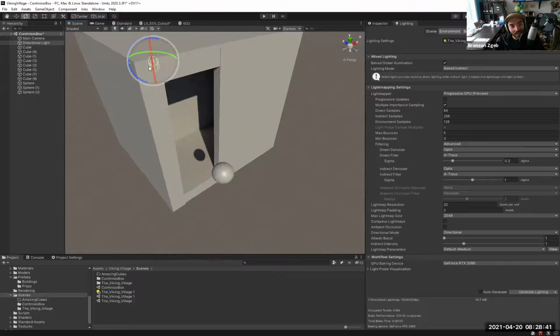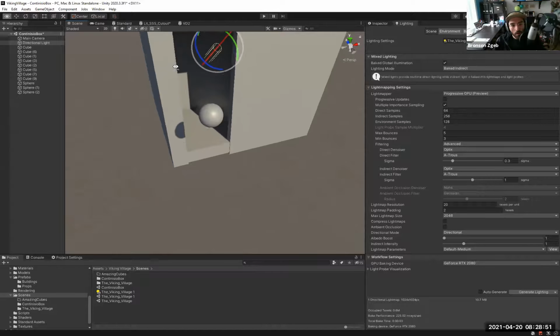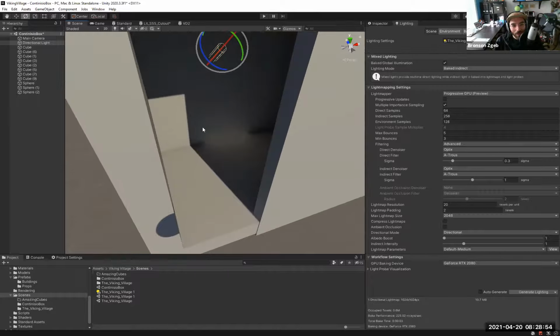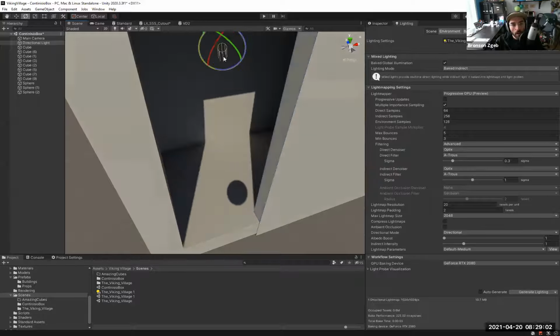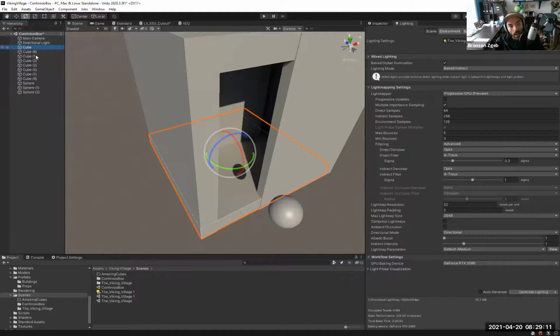Now, if I move the light around, you can see that we have a little bit of wiggle room here. That's because if we move too far away, you can see where the light was in the indirect lighting that was baked into the object. So you can't push it too far, but we do have some amount of real-time shadow support, even with our static baked objects.